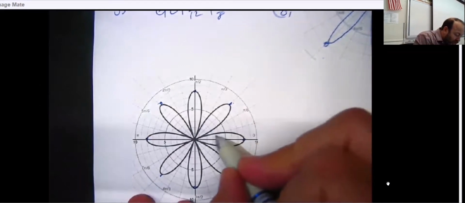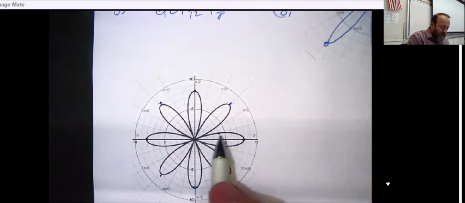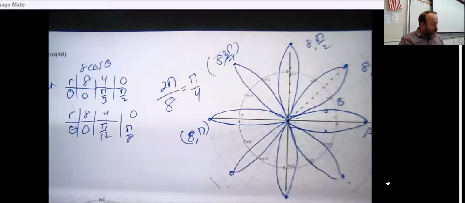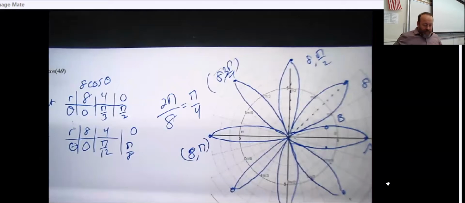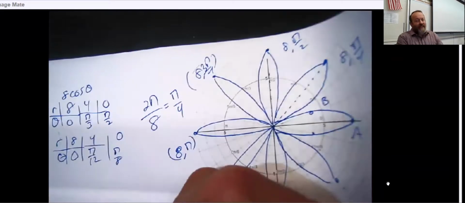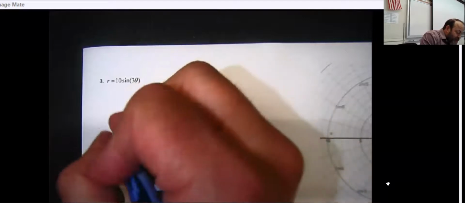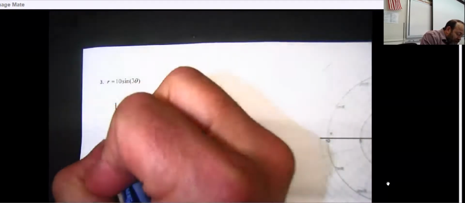So there's my pi over 12 at 4. 1, 2, 3, 4 right there. I just probably came out a little fatter than I should have on that first petal. So now, this is the one I got to slow down on because the sine is a little bit harder. So again, let me go back to that idea of what I would like to do and what I can do. So what I would love to do